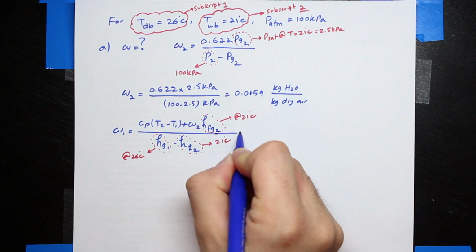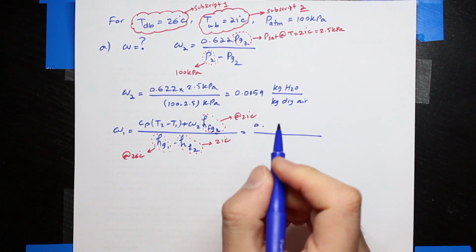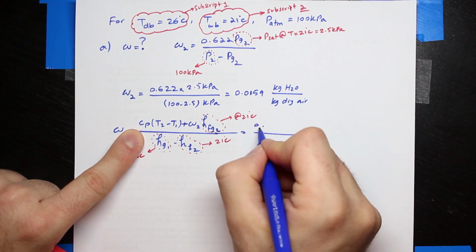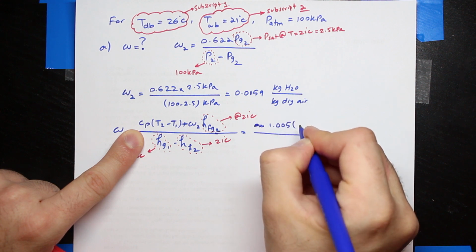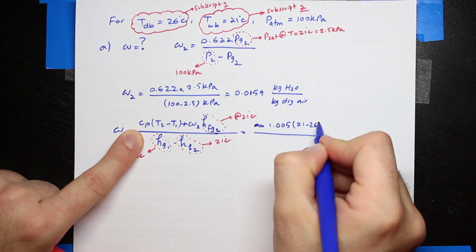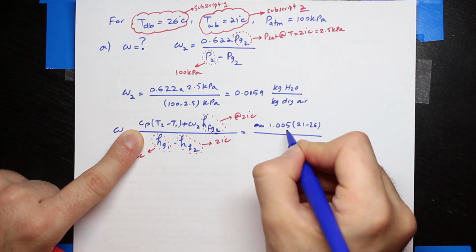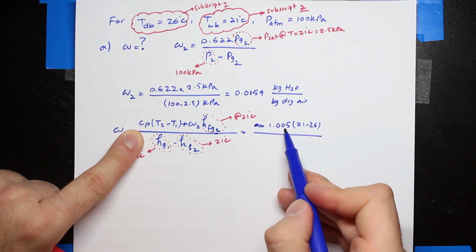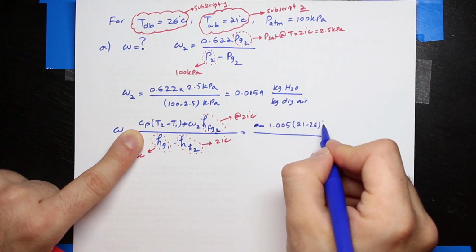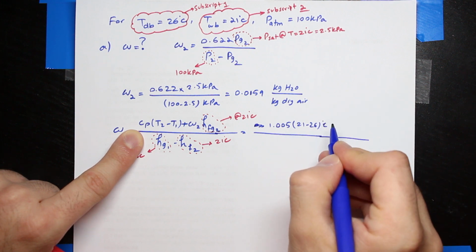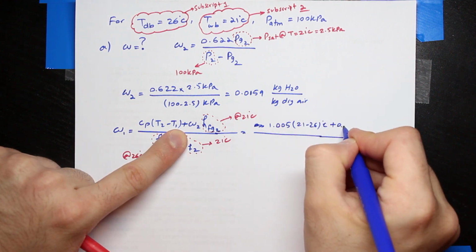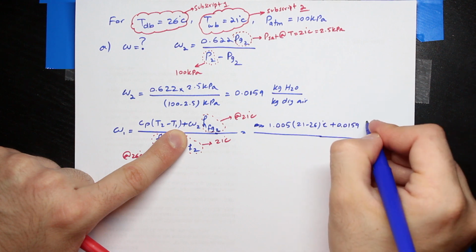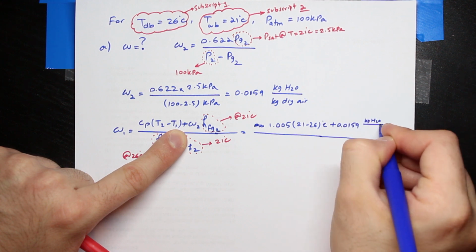All right, so it is going to be equal to... This CP is a specific heat. So that is 1.005, 21 minus 26, and the unit for CP is kilojoule per kilogram Kelvin. This is degree C, plus omega 2, we just found that, 0.0159 kilogram H2O over kilogram dry air